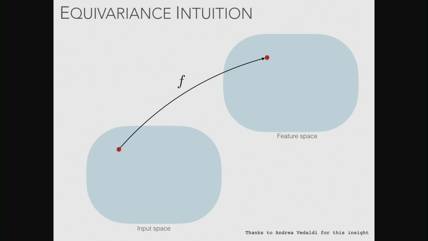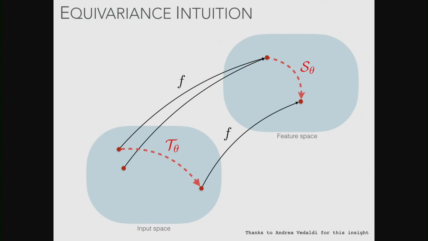So this is, again, equivariance. I've got an input space, a feature space, and a function connecting the two. I've got an input point, blasted up into feature space. I then transform the image and take the features of it. Equivariance says I could go down this path or this path. If I take another input, and it just so happens that this input maps to the very same point as this one over here, then an equivariant map says if I then transform the secondary input and take it into feature space, it must end up at the same point as this point. So these 2 points must also be the same.